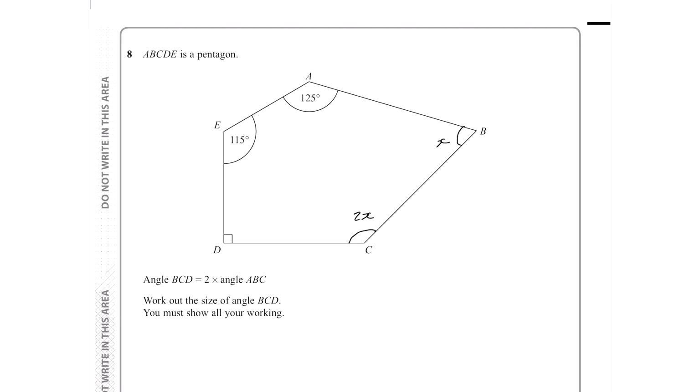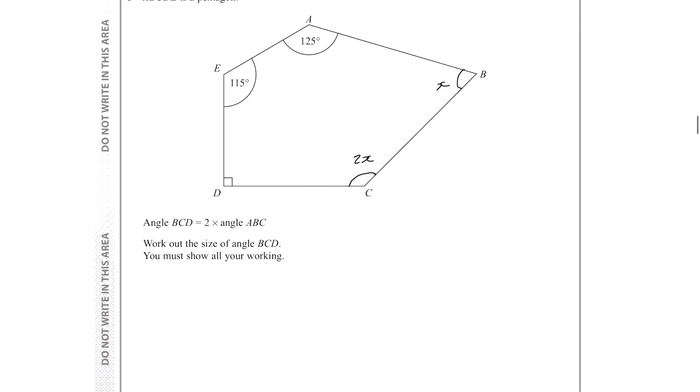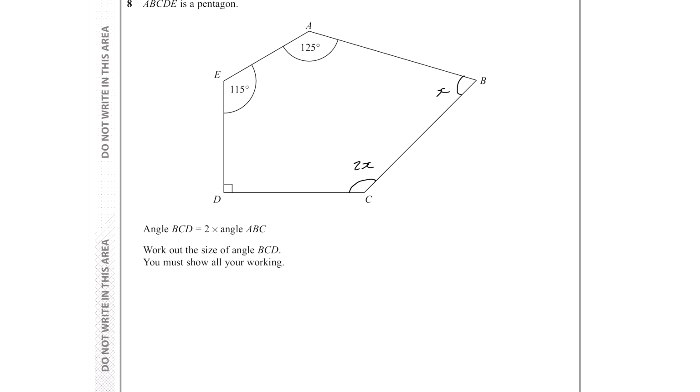So what we've been given is a pentagon with all its interior angles, so the angles inside. To work out the sum of interior angles, so how much all the interior angles add up to, there's a formula we can use, which is n minus 2 times 180. So how many sides are there? There's 5 sides to this. 5 minus 2 times 180,